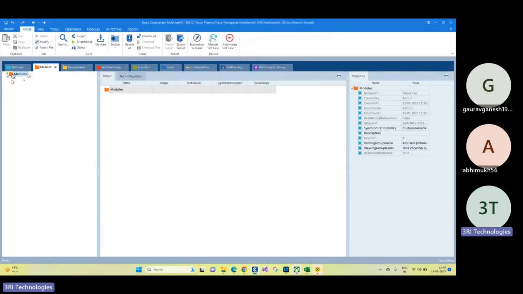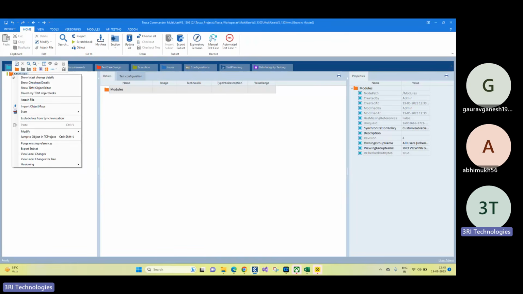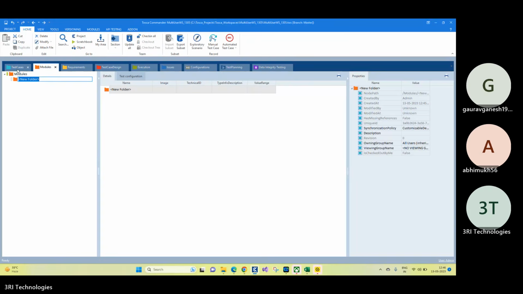Now see, I'm doing right click. Now it is allowing me, it is giving me this option, create folder, and whatever options it is allowing me to scan also. Let me create a folder called test. Now the folder is created with a different candle, right? The candle color is white.